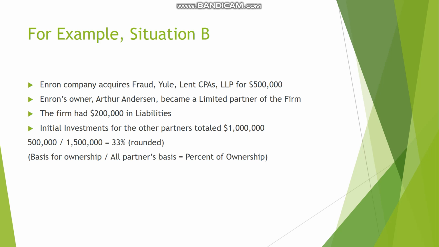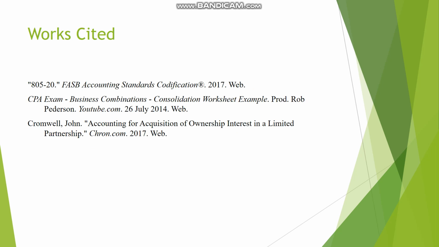And our second example is quite like it. The only difference here is that we do not use that $200,000 in liabilities in our calculation, because a limited partner does not have any liability in the case of the liabilities of the company, which is going to give us a slightly different percent of ownership at 33%. I hope these examples have given you a better idea of FASB